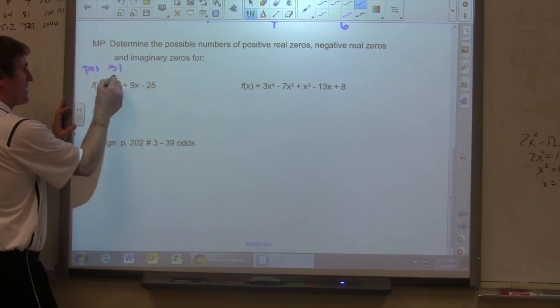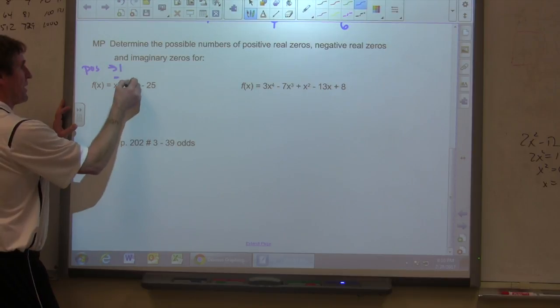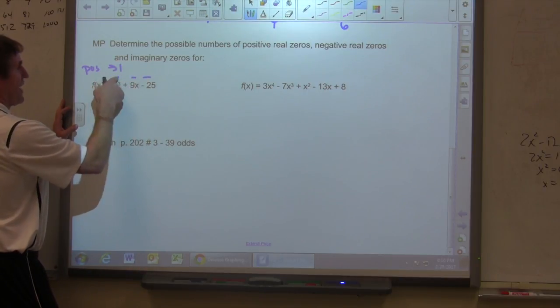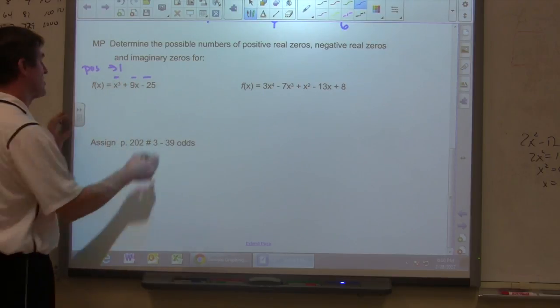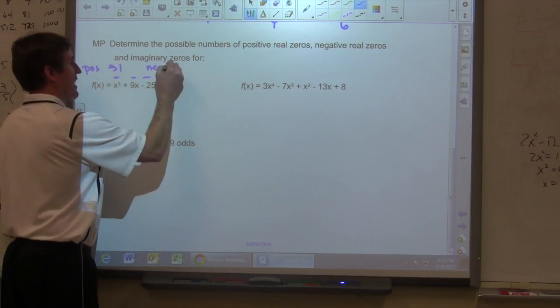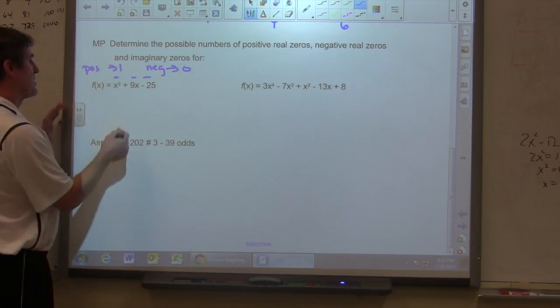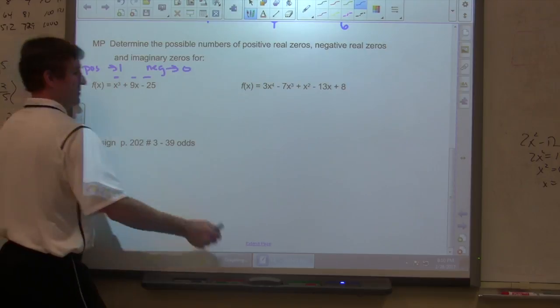So 3 negatives is negative. Put in a negative. 3 negatives is negative. And this is negative. So those are negative, negative, negative. There's no sign changes. So the negatives, there aren't any. Okay? So now if I was to make the chart, if we go back,